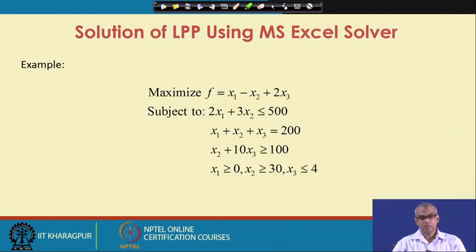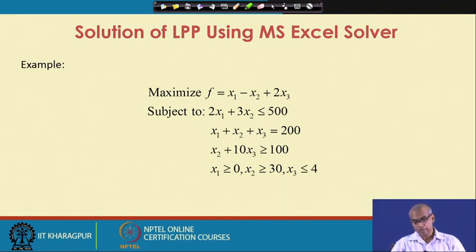So, let us consider this linear programming problem. Maximize f equal to x 1 minus x 2 plus 2 x 3 subject to three constraints: 2 x 1 plus 3 x 2 less or equal to 500, x 1 plus x 2 plus x 3 equal to 200, and x 2 plus 10 x 3 greater or equal to 100.